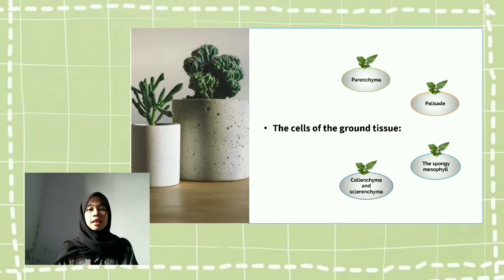The chloroplast can move around inside the cell according to the amount of light available. If it is a dull day, they are often clustered at the tops of the cell, in the best position to trap light. In very sunny conditions, they may be grouped toward the bottom of the cell to avoid being overexposed to light. The third is the spongy mesophyll.